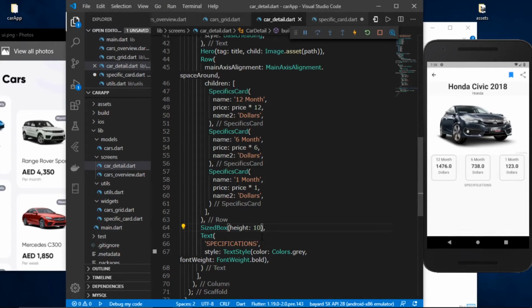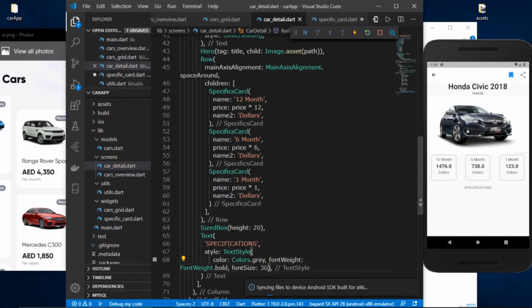Maybe just increase this size box to maybe 20. Save it. Okay, so also increase the font size. So here I'll just increase the font size, make it 30 maybe, save it, and okay, so it's a bit bigger, so 25, I guess. That's 25. And what else do we need to do? Maybe make it 20,